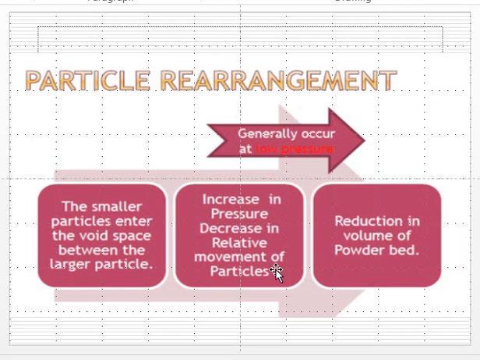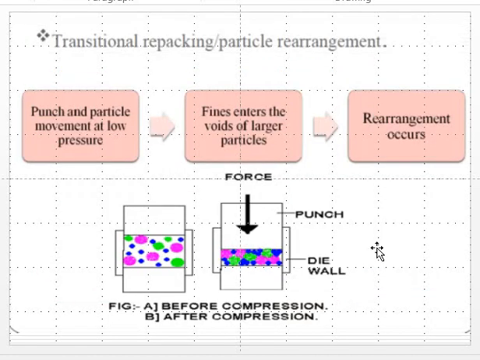So at a certain period the pressure increases and the movement of the particles stops inside the die cavity, and final reduction of volume takes place. Further, there is no space and no reduction of volume is possible. This is called the rearrangement of all the particles. When rearrangement takes place, such a picture will be there: the upper punch is coming down, the loose material takes such a position, and the particles try to compact.